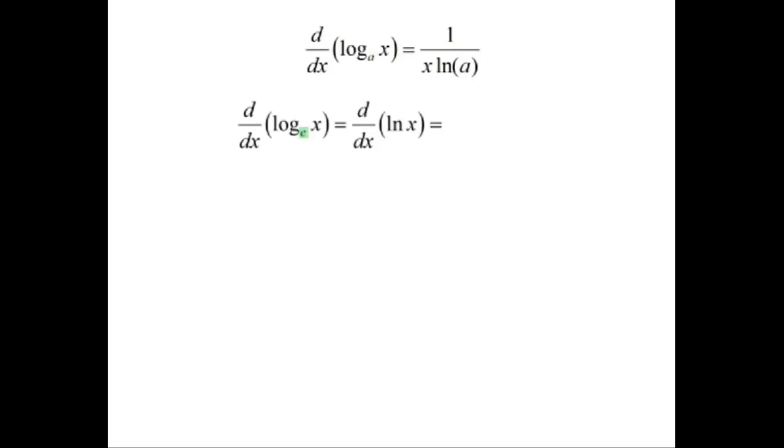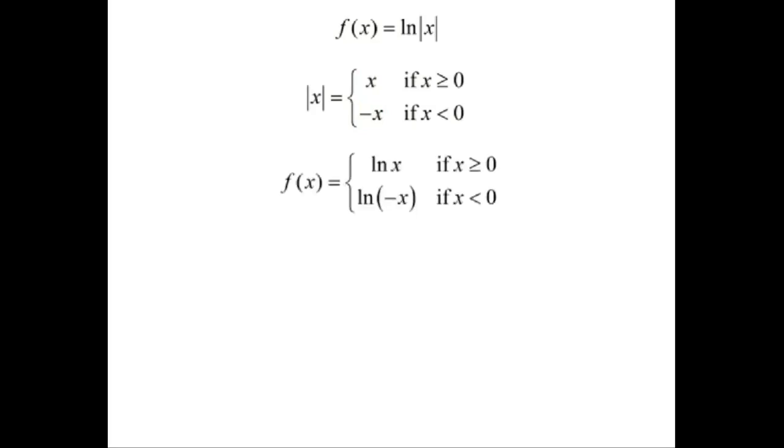So if we substitute the base with e, the derivative of a natural logarithm will be equal to 1 over x. As you can see, the derivative of a natural logarithm is relatively simple. And this is why you will encounter natural logarithms frequently in your study of calculus. Another variation of the natural logarithm that appears frequently in calculus is the natural logarithm of the absolute value of